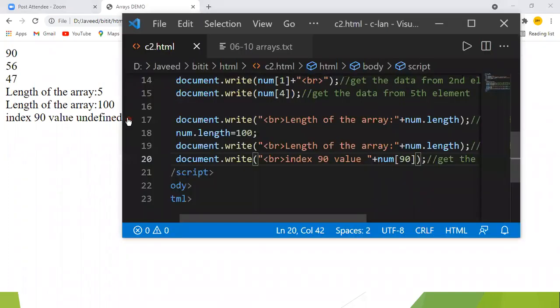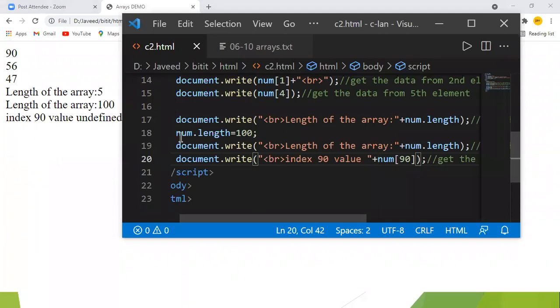So you remember when in our JavaScript, whenever you're going to declare a variable, the value is going to be what? Undefined. Oh, sorry, not the arrays, in normal variables, the values will be undefined like that. So here when I define the length as 100, I have defined the length and the values are not there. So by default what is going to happen? It's going to take the values as undefined.